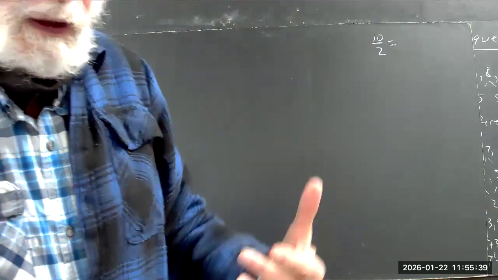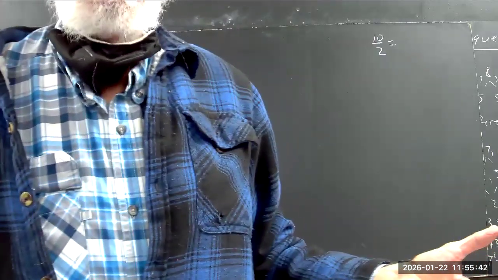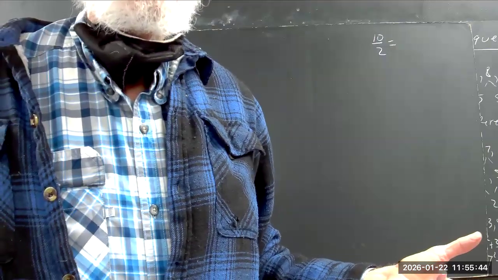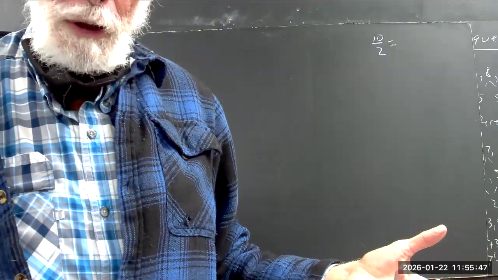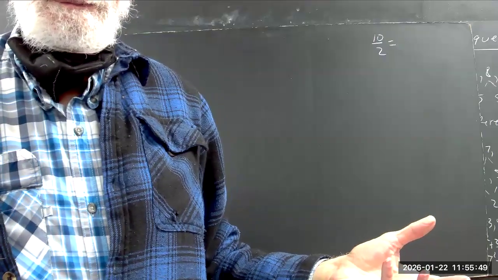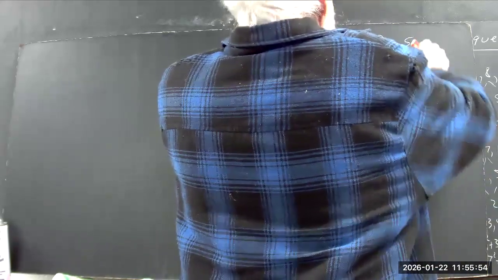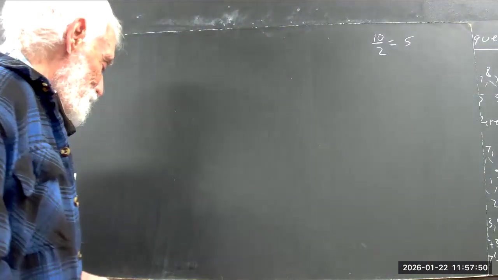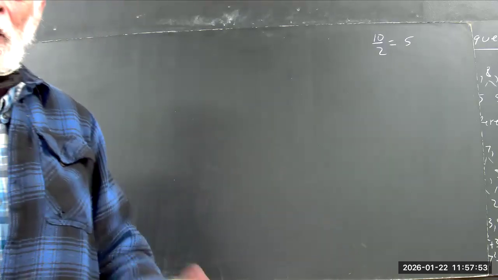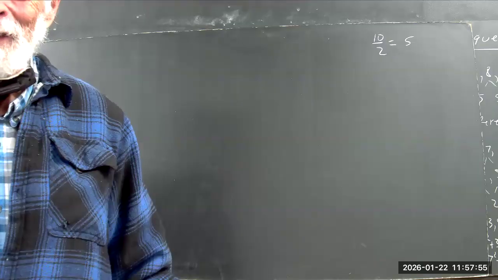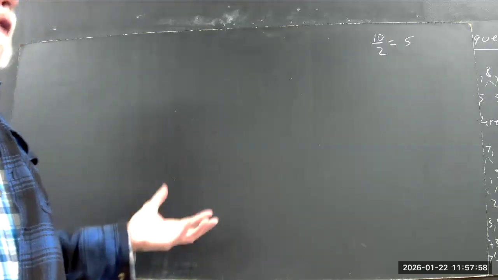What is 10 divided by 2 and why? Everybody knows it's 5, right? Can you explain to me why it's 5? Okay, I got some good explanations. Nobody said anything that wasn't true and relevant. But I think the most direct